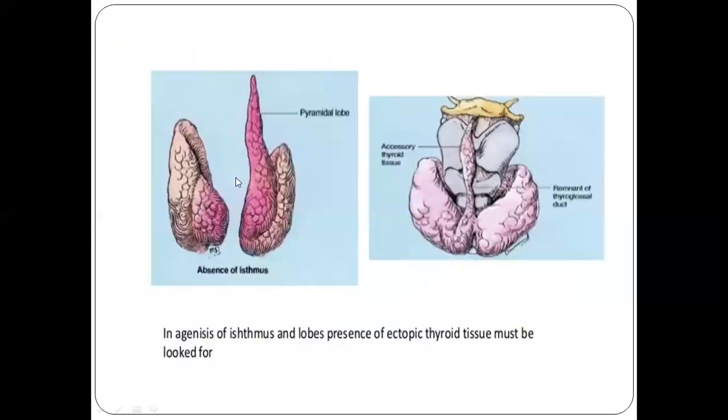Here there's no union between the two lobes. The isthmus is actually present, but it is not united with the left lobe, and the pyramidal lobe is coming from the left lobe. The muscular part connected to the hyoid bone is called levator glandulae thyroideae. So this is the right and the left lobe of the thyroid gland, the isthmus, and this is levator glandulae thyroideae, which is connected to the hyoid bone.